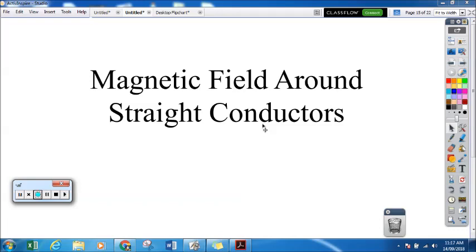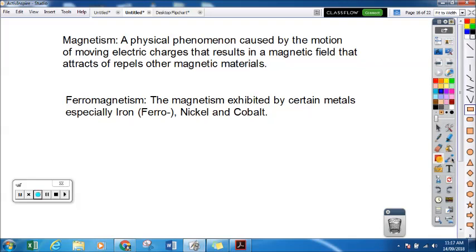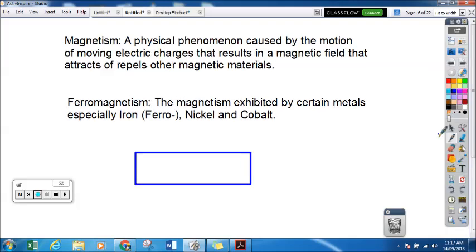Right, we now move to magnetic fields around straight conductors. We have been studying magnetism as a physical phenomenon caused by the motion of electric charges. But so far, you've been looking mostly at magnetism caused by bar magnets. So you have been drawing the magnetic field between the north pole and the south pole of a bar magnet,